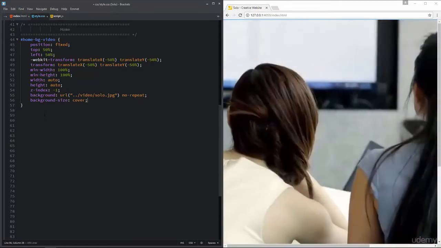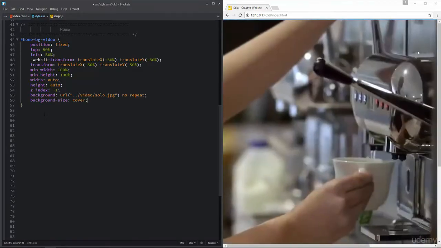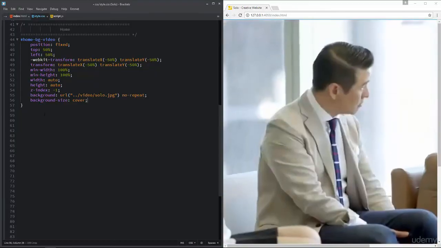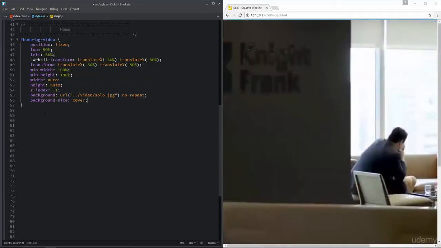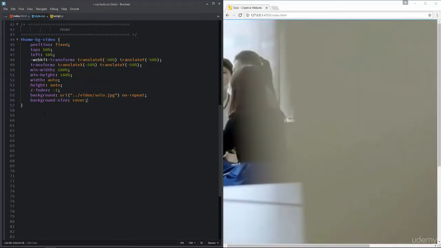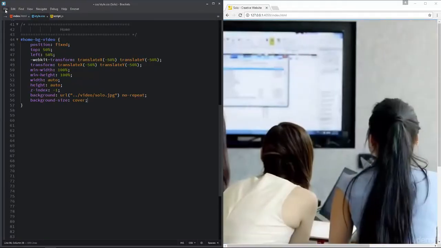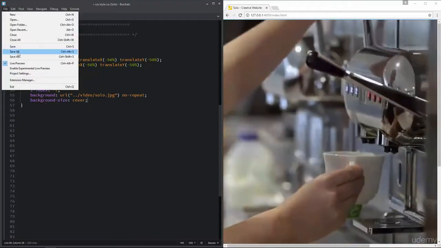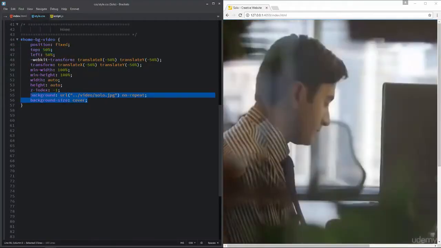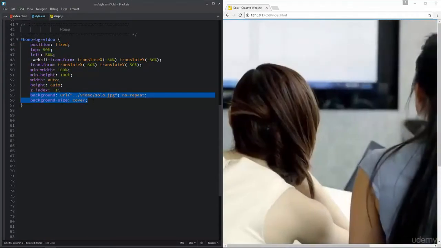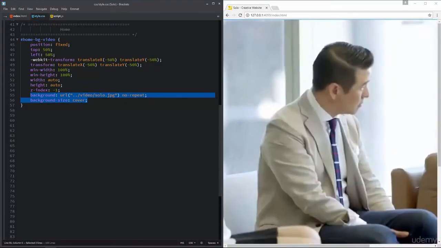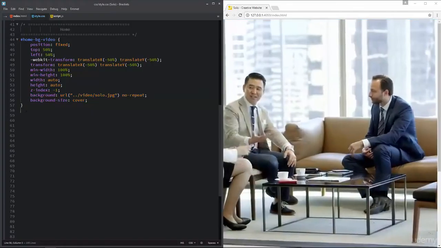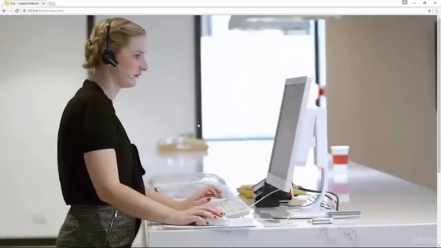Or in other words, when background-size is set to cover, it scales the background image to be as large as possible so that the background area is completely covered by the background image. I'll go ahead and save my style.css. So these two lines are a fallback method for the video element. In case the video is not working, then it will show the background image for the home section. Okay, we are done with the video part.